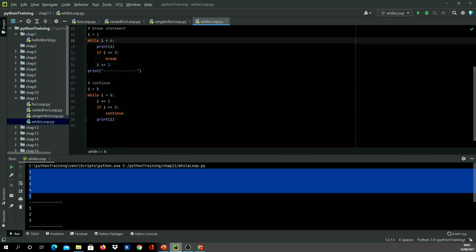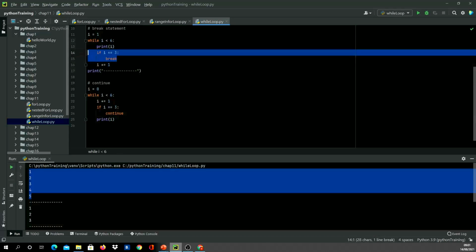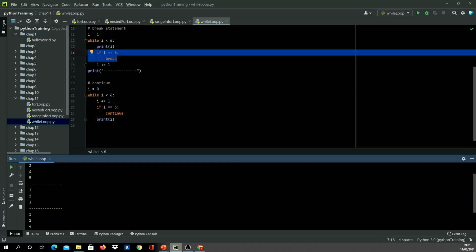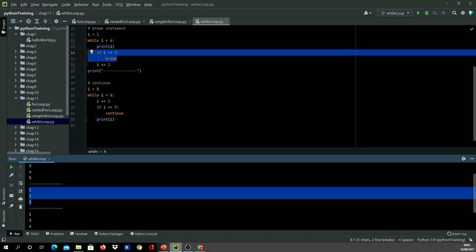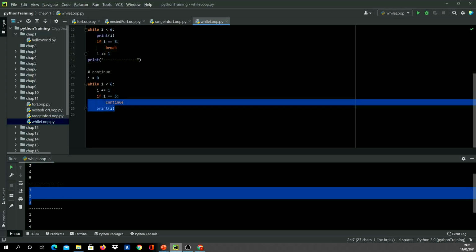Now let's see an example of break and continue statement. Similarly, I'm saying if the value of i is 3, just come out of the loop, don't bother running any more loop. Here we can see it has run for 3 times, printed 1, 2, 3, and then it decided to come out of the loop. And lastly, the continue statement.